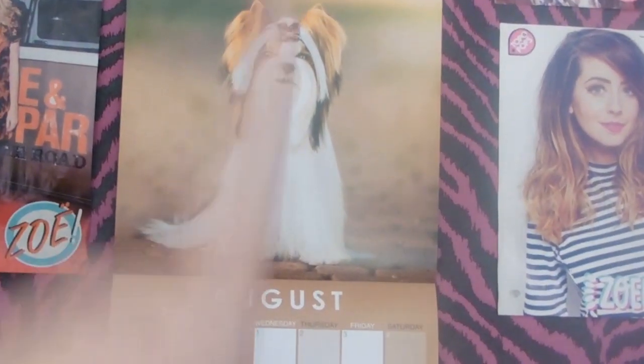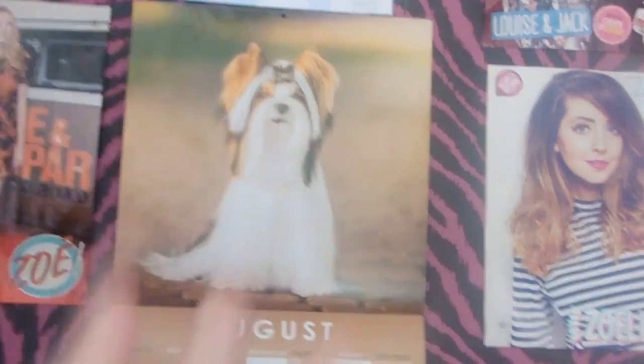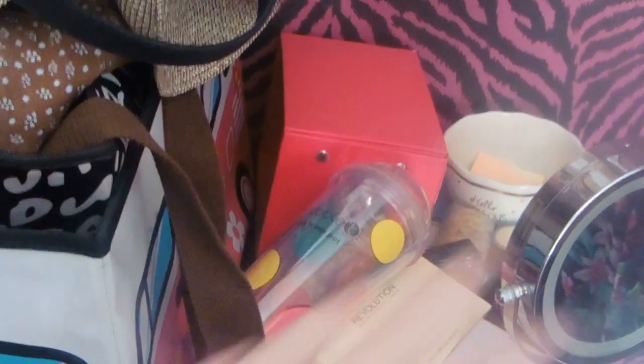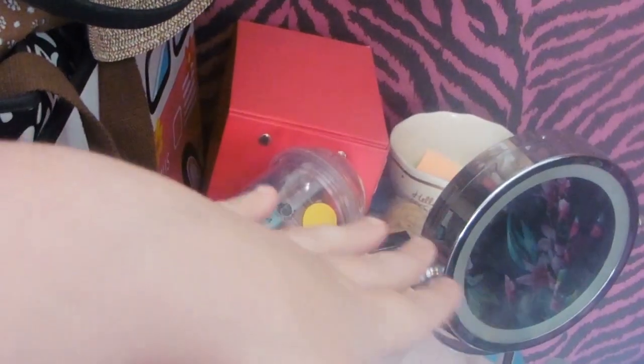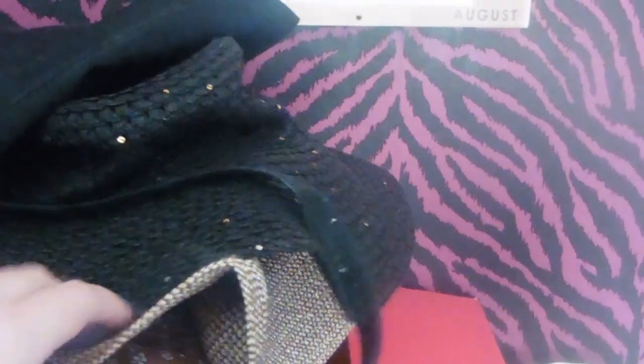This is my calendar which I got from The Works, and it just has a bunch of dogs because I absolutely love dogs. Moving it down, here is kind of a mess. The majority of this needs to go into my mum's room because the majority of it is my mum's. But over here is just extra bags that need to be hung up, but there's no room. And